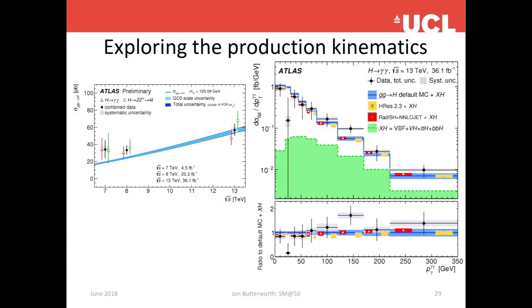I remember Lyn Evans being quite annoyed that we managed to find it with 7 and 8 TeV when he went to all the effort of designing a machine for 13. But maybe we were lucky, you know, I wouldn't want to take that risk. And also, of course, it could have been at higher mass. But anyway, we have it still in 13 TeV, and these error bars are going to shrink